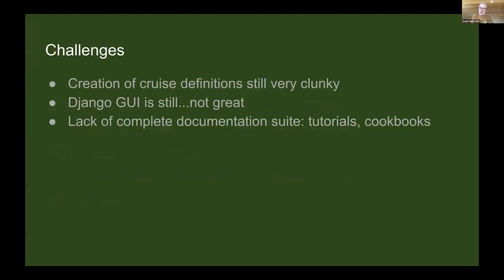Number one, creation of cruises is still kind of clunky. The Django GUI is still not great. And there's great documentation for individual chunks of it in the OpenRVDAS GitHub repository. But those are sort of individual, how you do this, how you do this. And what I'd really love to have is a complete documentation suite, tutorials, welcome to OpenRVDAS, videos, I don't know, and also cookbooks of